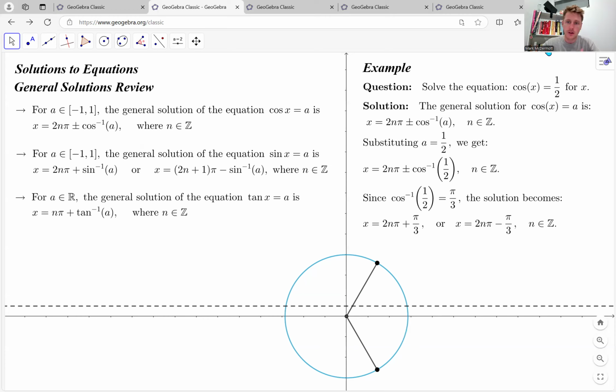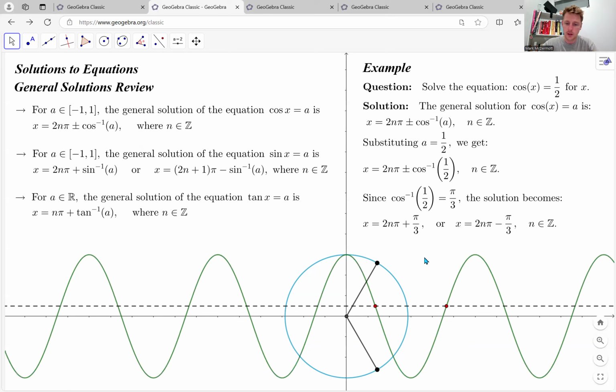And then with that graph that I had before, I think you would agree if we were to sketch this, it should all work out, right? What we've got in green here is the cos x graph, and this black dashed line is at y equals 1/2. So I think you would agree that these points here